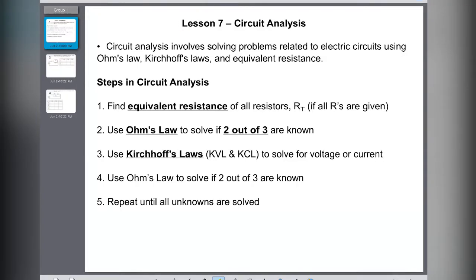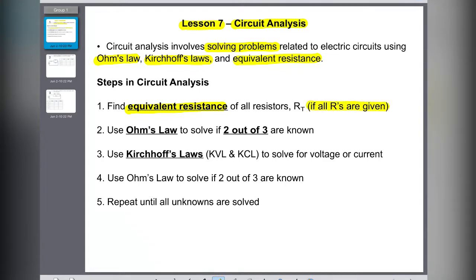All right, so this is lesson 7. We call it circuit analysis. What is circuit analysis? It involves solving problems relating to the circuit using three things that we have learned: Ohm's law, Kirchhoff's law, and equivalent resistance. So when we talked about equivalent resistance, if the question gives you all of the R's,